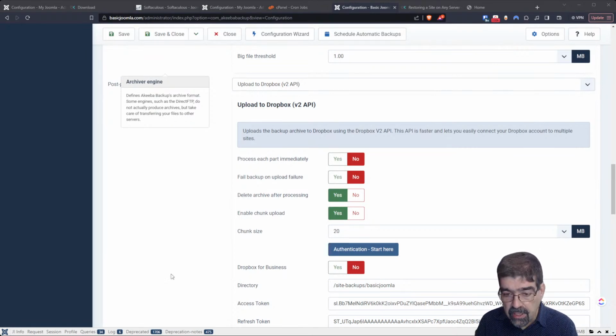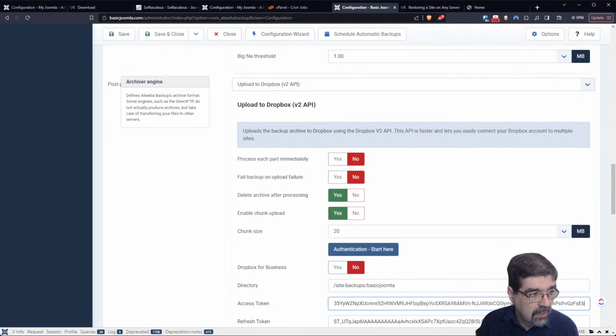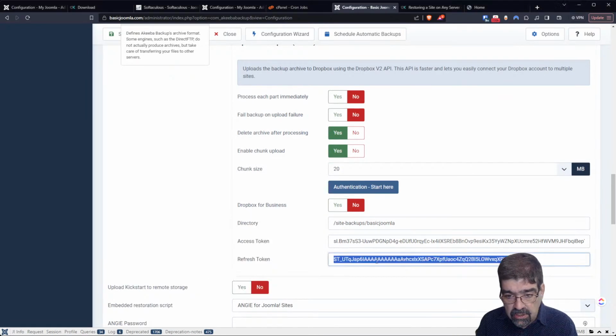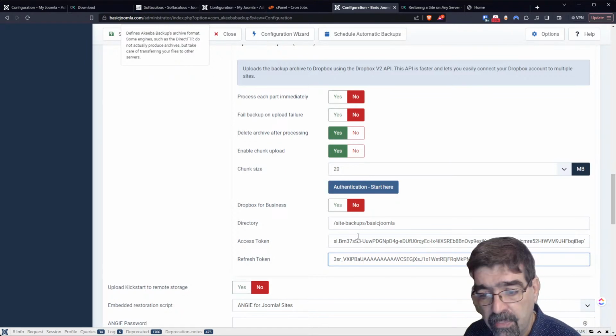I will copy that, and then I would paste that access token in there. That's my new one for this particular site. And then I get a refresh token, and I can go Control V, and when I save this, that will be the code that Akeeba uses to talk to Dropbox,